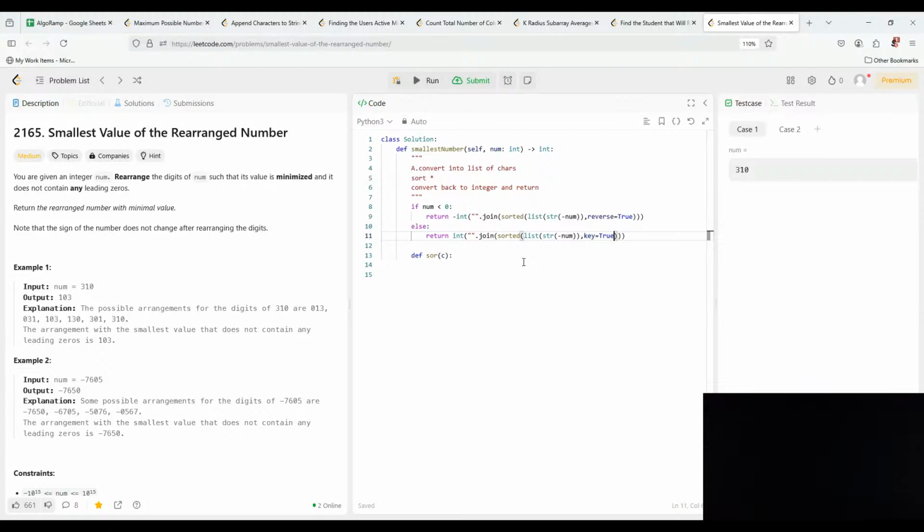Okay, key will be the sort function, and in that function we can say